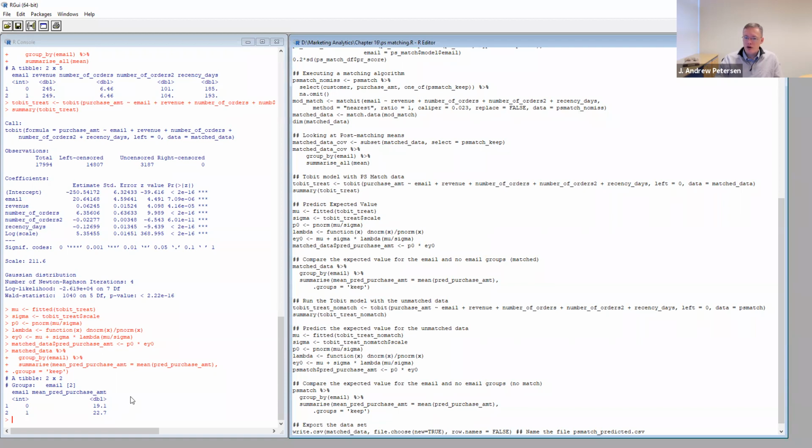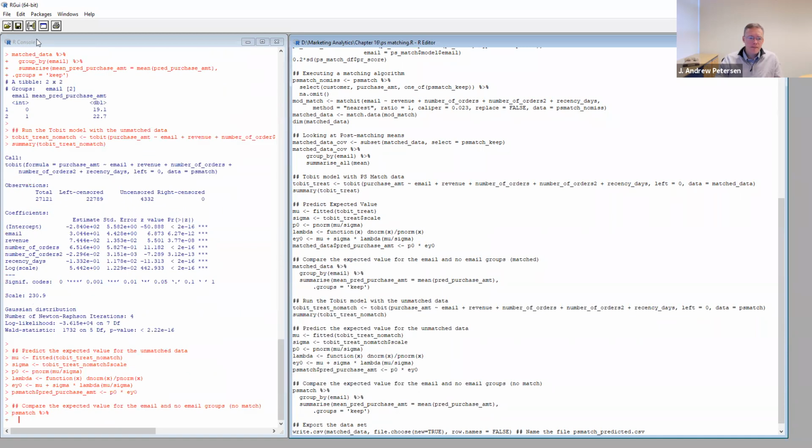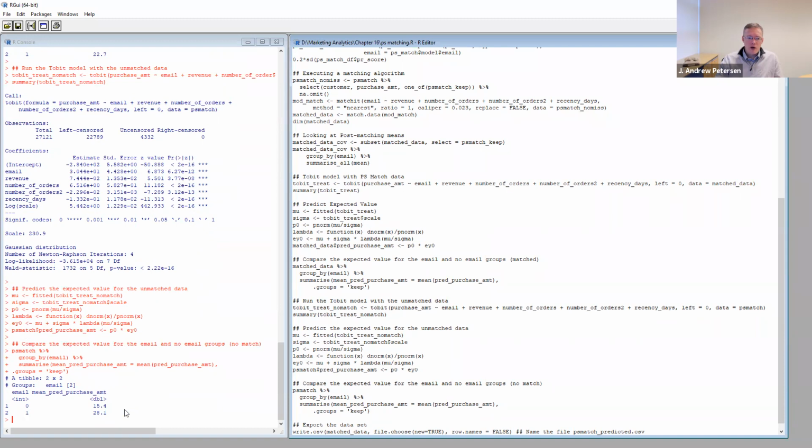Now we can also go back and run the same analysis on the unmatched data and see what happens, right? So this whole section here is the same analysis, but we're going to keep the pre-matched groups and see what happens. So the model runs and so on. And again, we get down at the bottom here, and this is our pre-match data. If we did not do the matching, we would say that the email would potentially have about